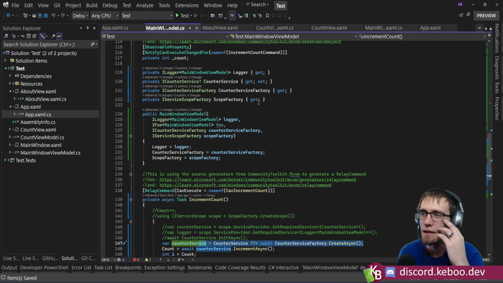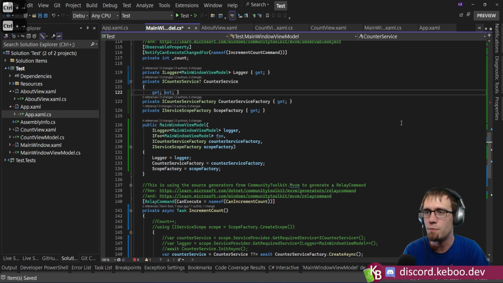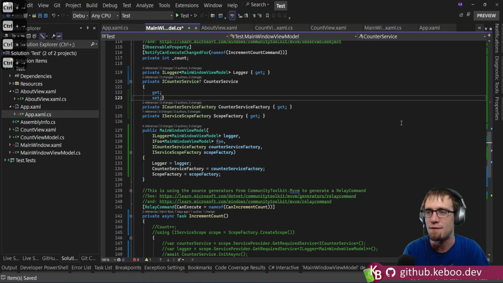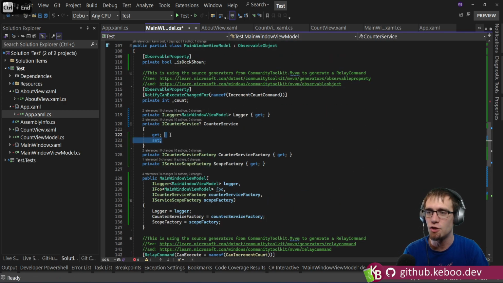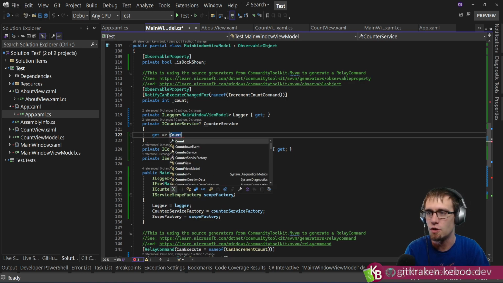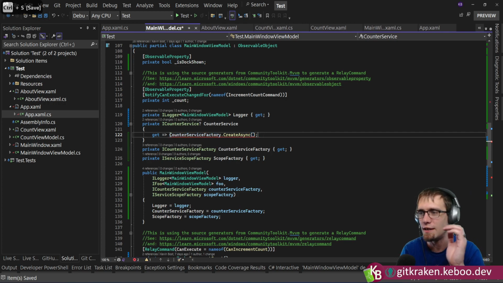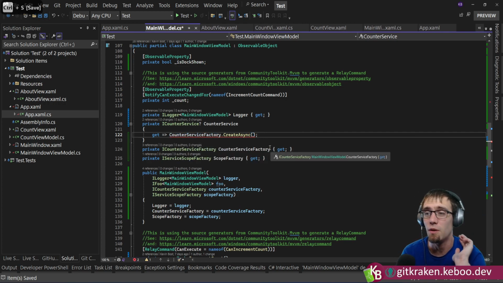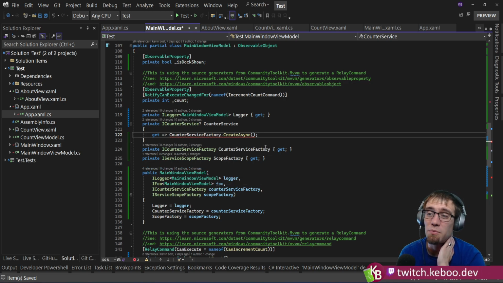And it's really tempting to say, well, hang on. I've got this factory and I've got this property. What would be really great is if I didn't have to have this get set thing. What would be really great is if I could just, inside of this getter, go, hey, why don't I just do counter service factory dot create async, right? This is the other place, similar to constructors, where the asynchronous messes with people. You can't. And the reason is because properties